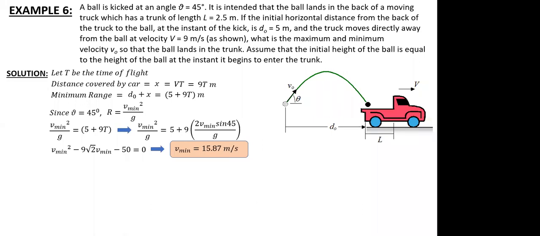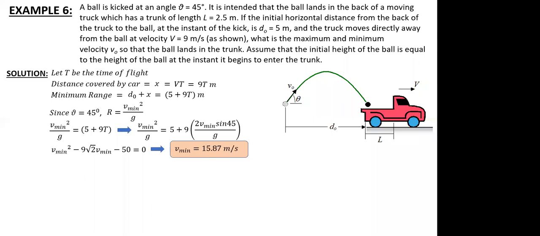Because your ball is going to complete the projectile. So how much horizontal distance is it going to cover? It is going to cover v square by g. And what is that horizontal distance? Nothing but d naught plus x, because d naught was the initial distance and x was further moved by the car. So the total horizontal displacement to be covered by the ball was d naught plus x.